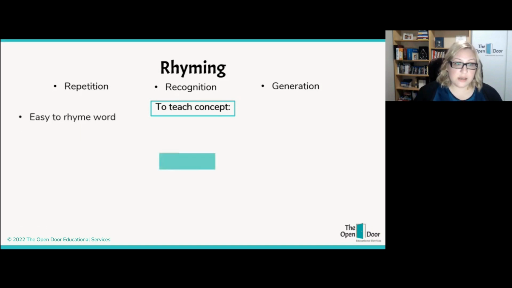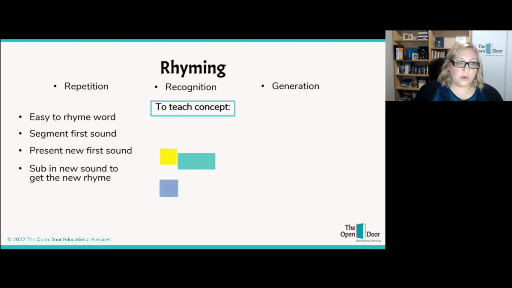So you would do this with blank cards. So to do it this way, you would have your blank card and you would say to the students, okay, this is going to be the word cat. So what's the first sound in the word cat? The students would say k. Perfect. Now we are going to replace k with h. What's our new word going to be? Hat. Perfect. So because we've only changed the first sound and the rest of the word has stayed the